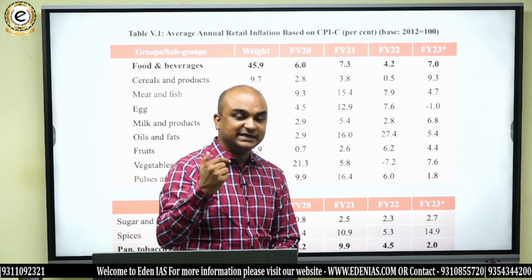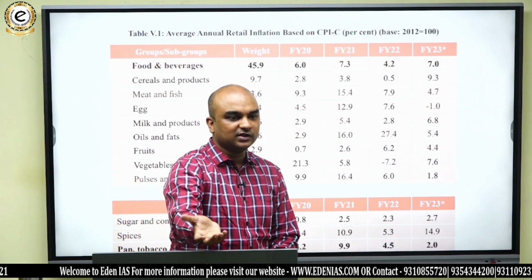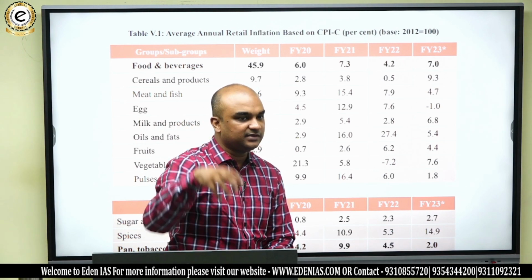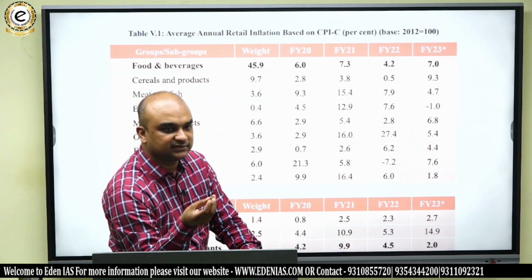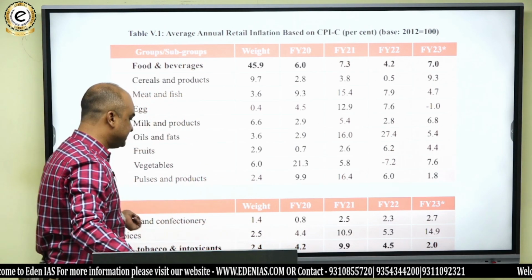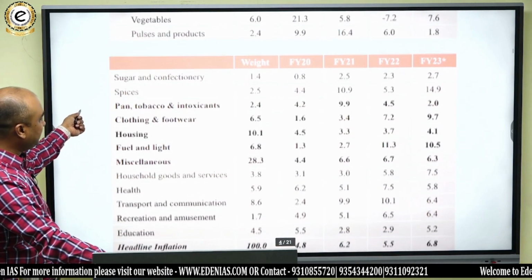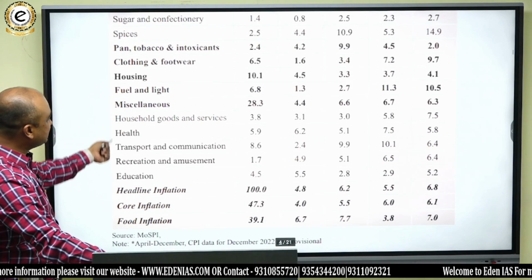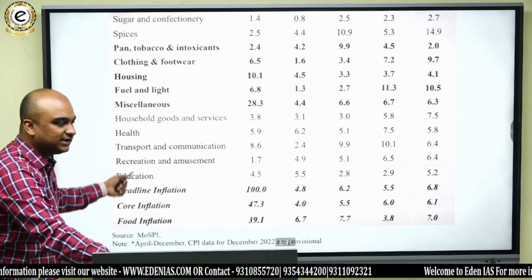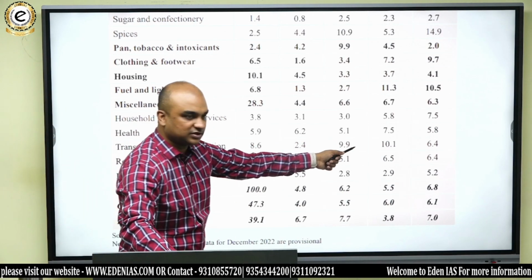ठीक है, और प्रोटीन से जो एरिया है, कंपोनेंट है आपके फूड का, दैट इज इंक्रीजिंग डे बाय डे, एंड देयरफॉर फिश, पोल्ट्री, मिल्क, पल्सेस, इन सब में हमको इन्फ्लेशन दिख रहा है। शुगर एंड कन्फेक्शनरी, स्पाइसेस, पैन, टोबैको एंड इंटॉक्सिकेंट, क्लोथिंग एंड फुटवेयर, हाउसिंग, मतलब ये सारी चीजें रिटेल चीजें हैं। ठीक है, तो अगर आप देखोगे इन सब में लगभग इन्फ्लेशन आया है, बट फिर बाद में धीरे धीरे मॉडरेशन भी आया।